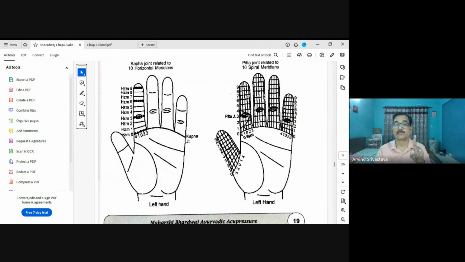In this way, this horizontal meridian was created. On the side of this, you can see vertical meridians. Vertical 0 goes there, 1 and 4 just go to the finger side, and 2, 3 just come to a different side. And now the horizontal meridians: this thumb joint, up to the middle joint and the fifth joint, this fifth horizontal meridian came, 0, 1, 2, 3, 4, 5, and